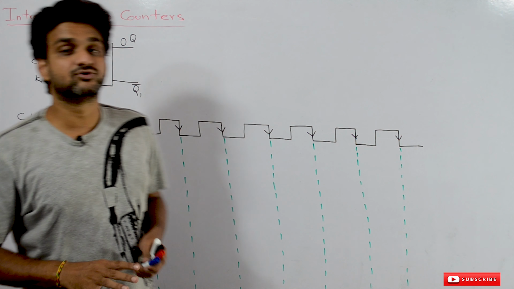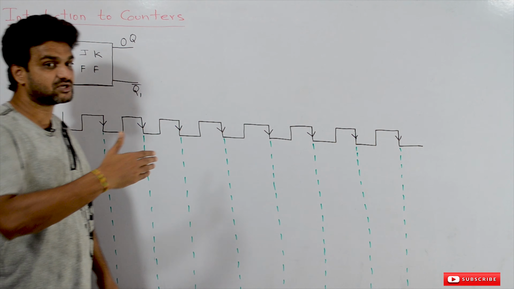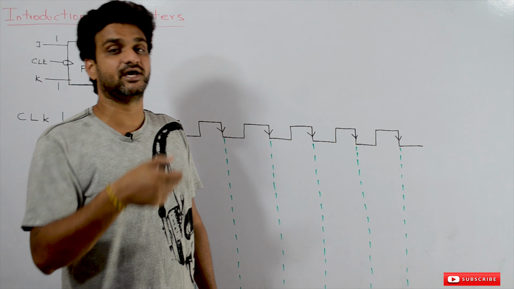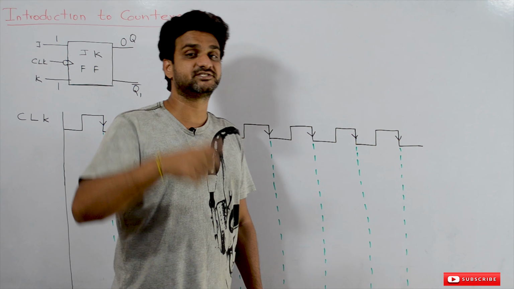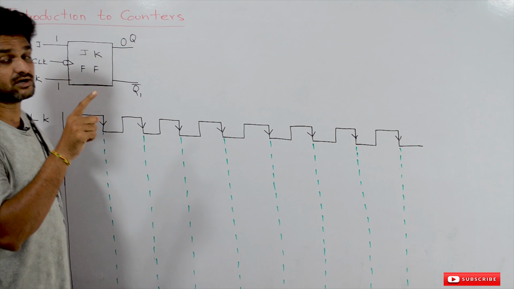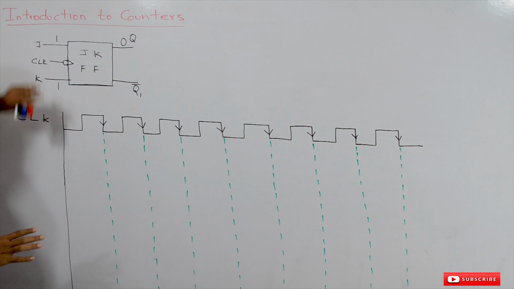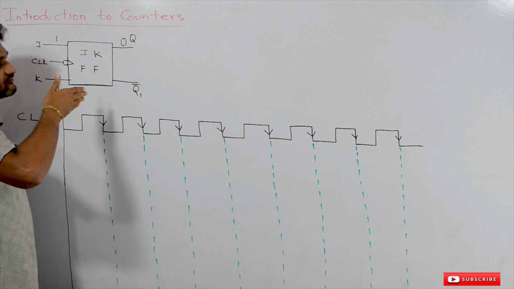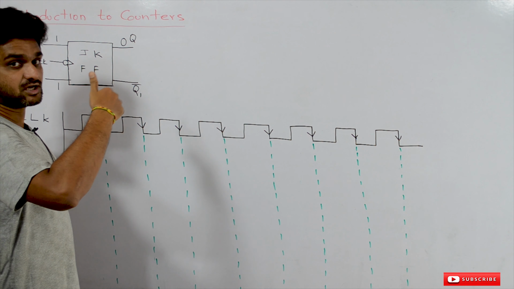Now we will try to understand what a counter is. So far, we have seen the flip-flops, but we haven't seen their applications. A flip-flop stores a value, but where those flip-flops are used, we haven't seen. The counter is one of the applications of the flip-flop. Counters keep a count of numbers, so the count of binary numbers can be done by using these counters.